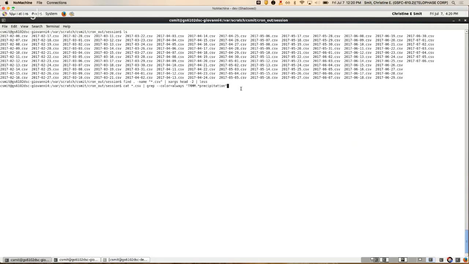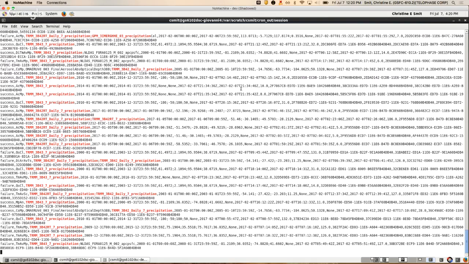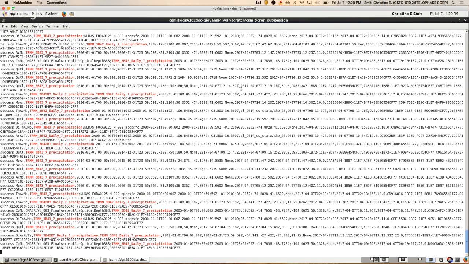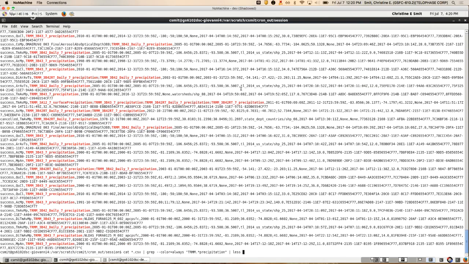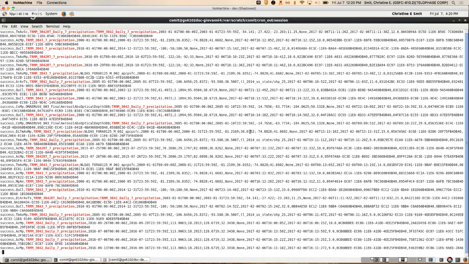If I just hit enter, you can see there's tons and tons of stuff. And it's colored. So if you do a less -R, not F, this is so cool. Now it's highlighting for you where that expression matched in the line.